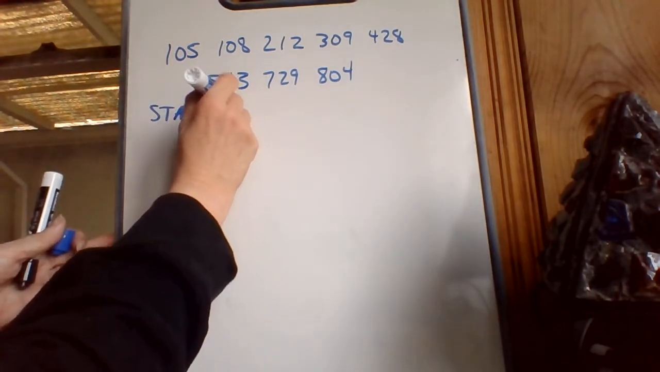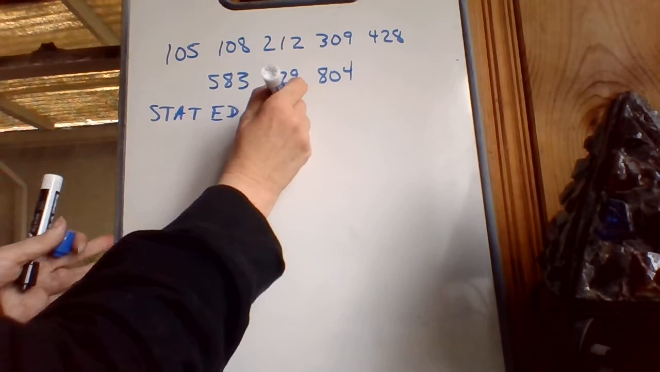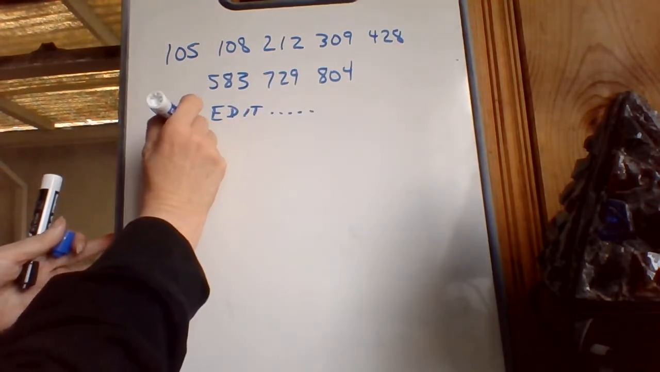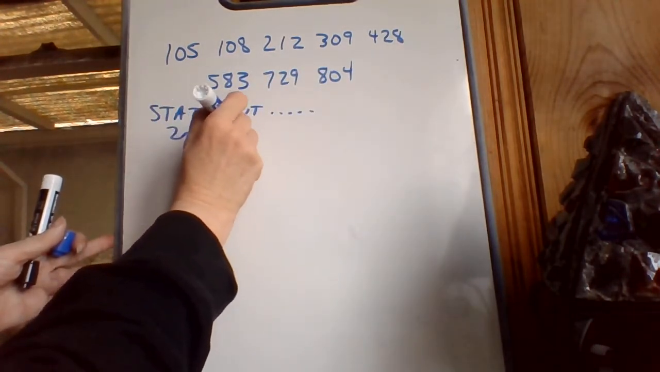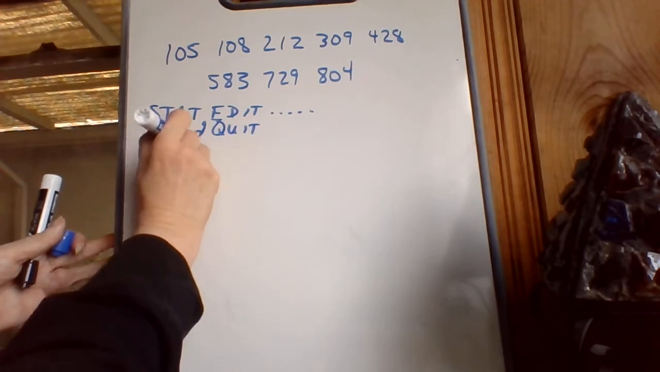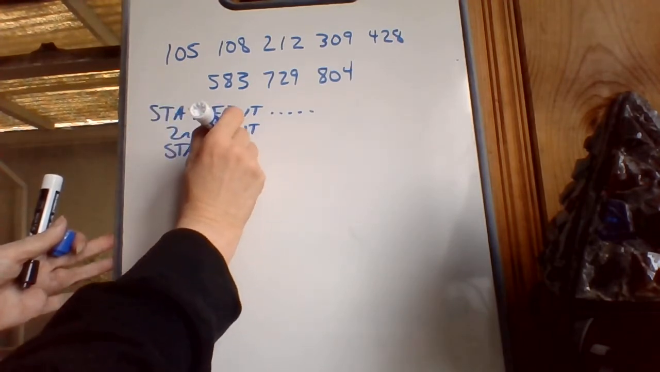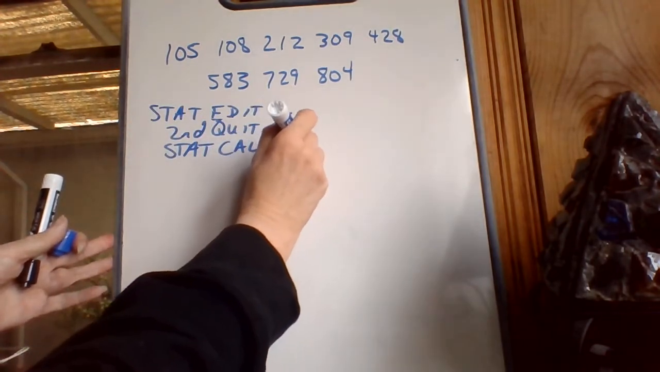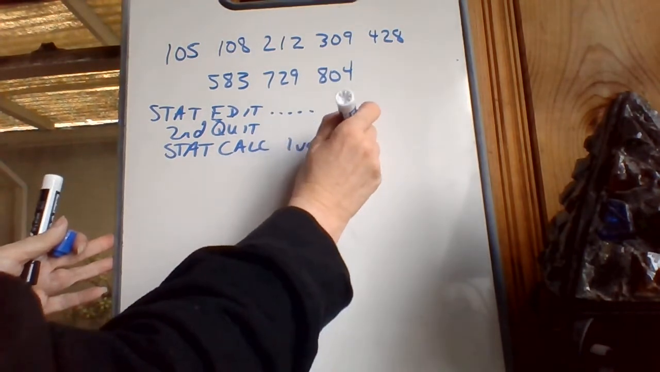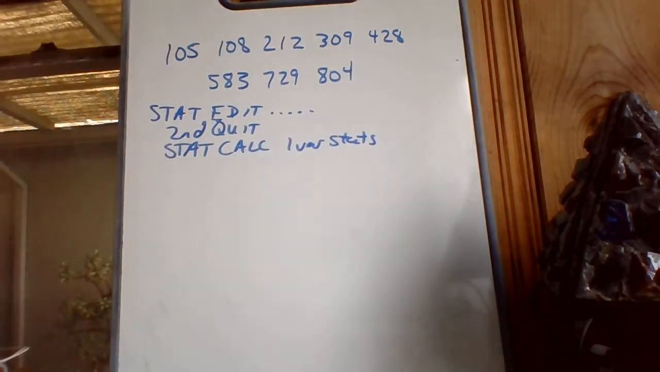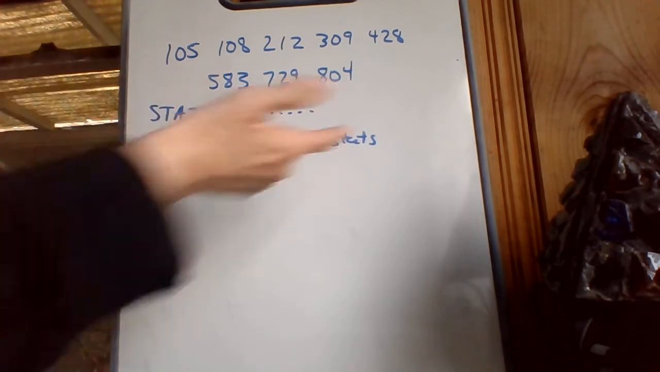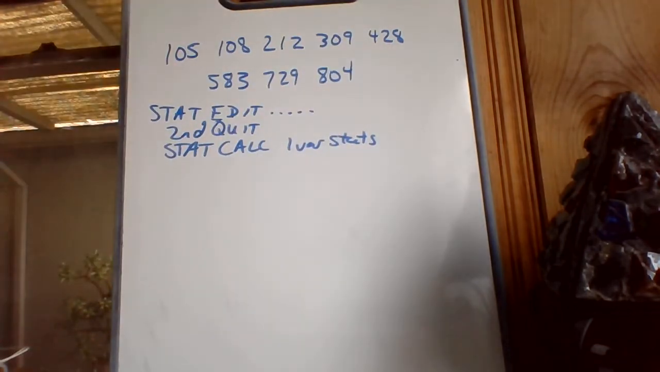stat, edit, then I put all my numbers in, second quit, stat, calc, 1 variable stats. Okay, because I put them in list 1, then I'm just gonna hit enter right there, and it's gonna do list 1 for me. Okay, so if I happen to be on question number 6, I would now write down